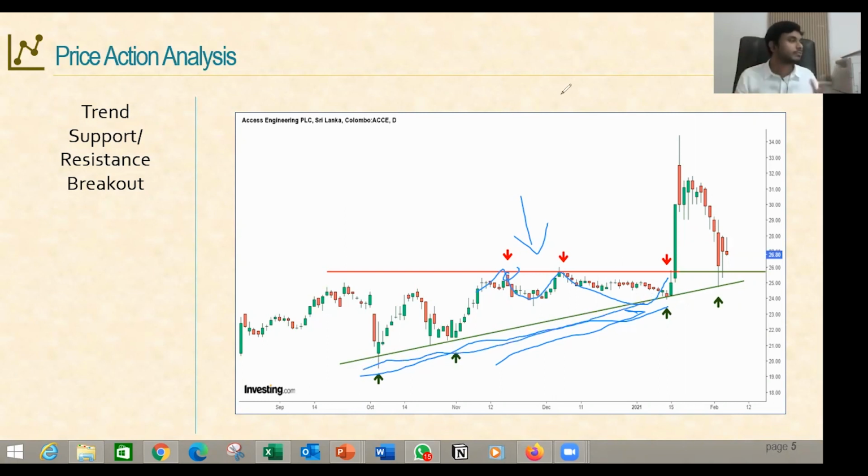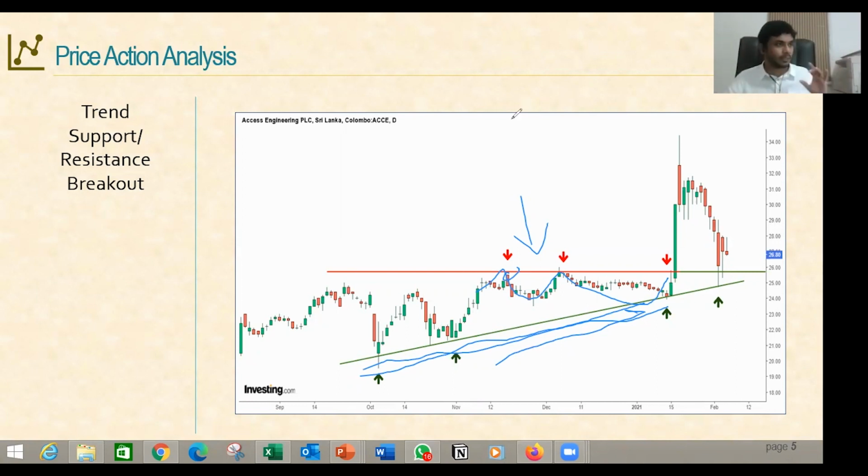With the combination of trend support and resistance, of course, there is another subject area, which is chart pattern analysis, where, based on the combination of trend supports and resistance levels, we have developed chart patterns. Based on that, we can understand what kind of price reaction to expect in future. There's a high probability that when these trend supports are in place, the price can go in the upward or downward direction based on the developing pattern.